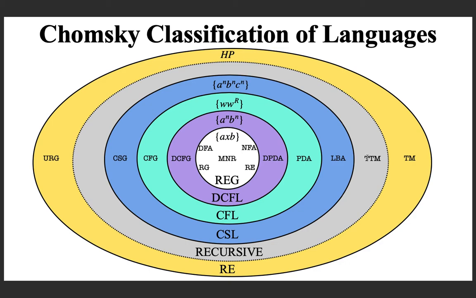And then we have recursive languages represented by what are called total Turing machines. And the most powerful class of languages are called recursively enumerable, represented by Turing machines. This is actually a restricted class of Turing machines, total Turing machines. That is, Turing machines which terminate on all input strings are called total Turing machines, and the corresponding language is called recursive.